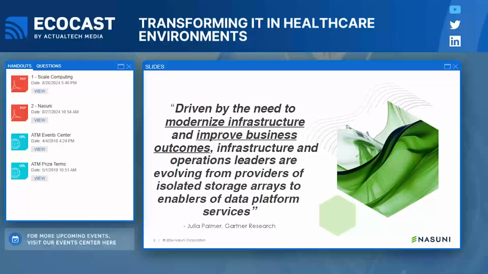But the opportunity is in front of us to do a lot more with the data and the intellectual property that we manage within our systems. And I got news for you. Buying hardware and buying storage arrays and racks and adding those to your ever expanding data centers is not a